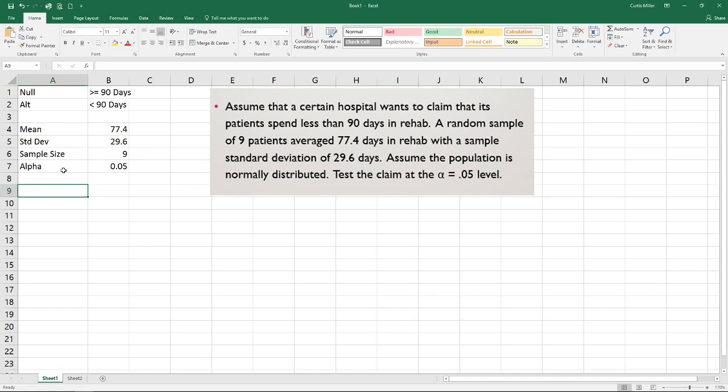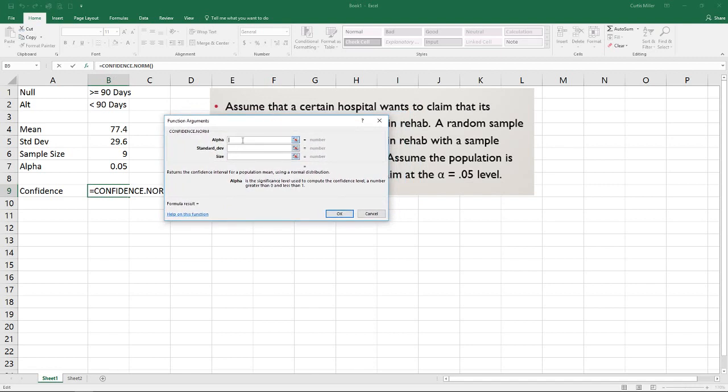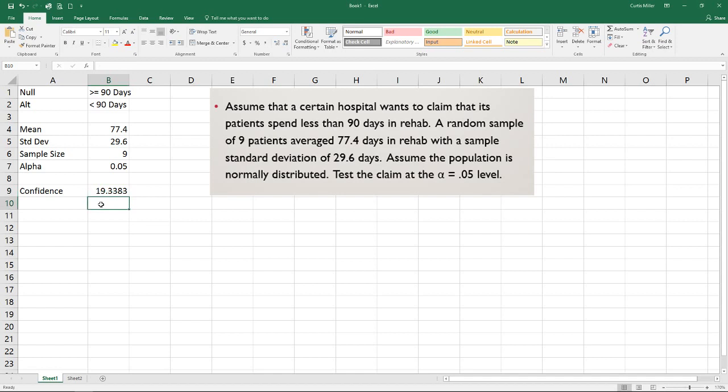Next thing we want to do is calculate our confidence. So I will put a label in here, and we will start the formula confidence, and we will select confidence.norm. After I've selected that, I will use my insert function button up here to bring up my function arguments window. And here you can see there are 3 different values that are required. The first one is our alpha value, which we have selected right there. Second, it asks for our standard deviation, which I will grab right there, or 29.6. And our sample size was 9, which I'll grab there. Okay, so this tells us our confidence is